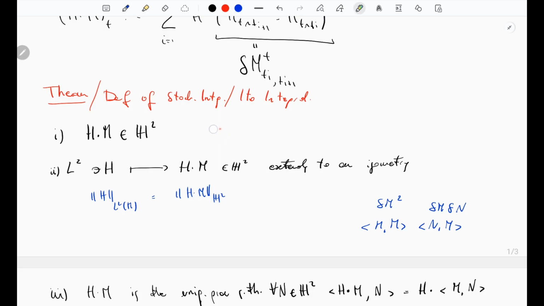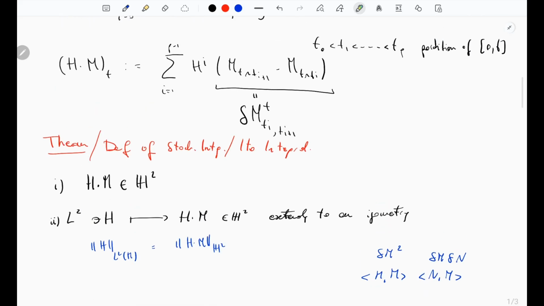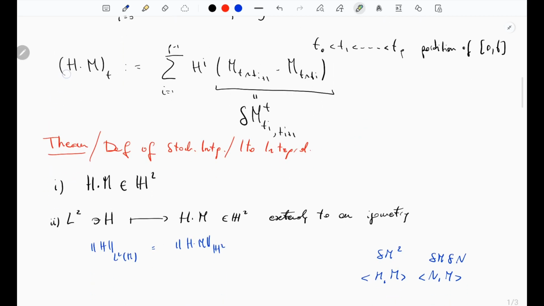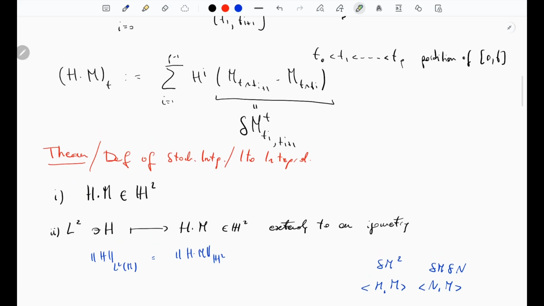So to prove one, you basically use the definition of the elementary stochastic integral for elementary processes. And obviously, what you need to prove is that this is a martingale, it's continuous, and then the trickiest part is you need to prove that it's bounded in L2. So you need to prove that this is bounded. How do you prove it?